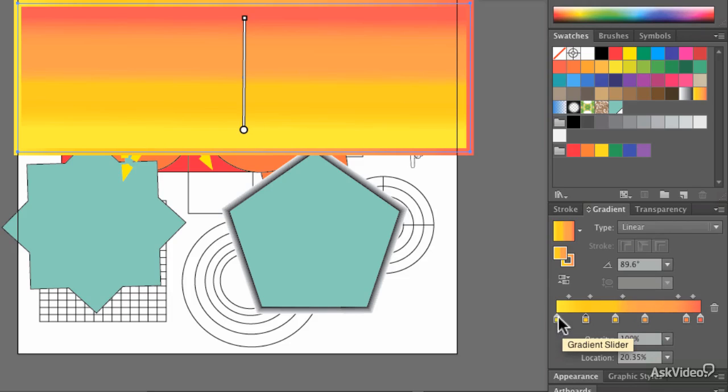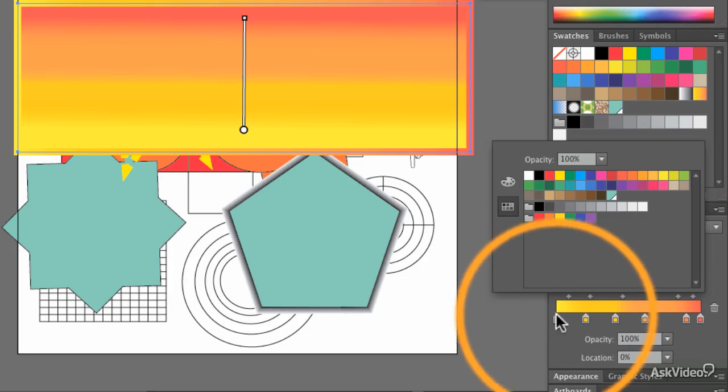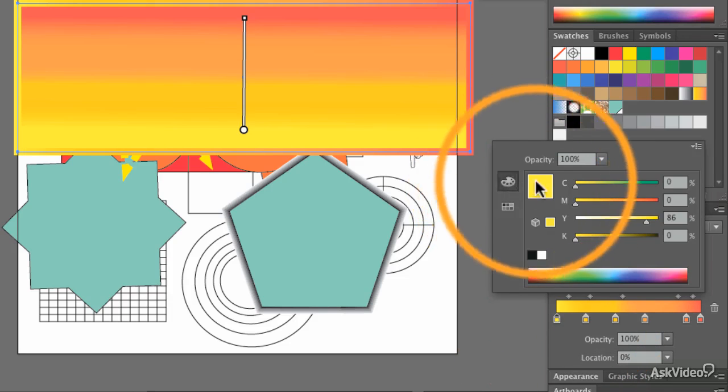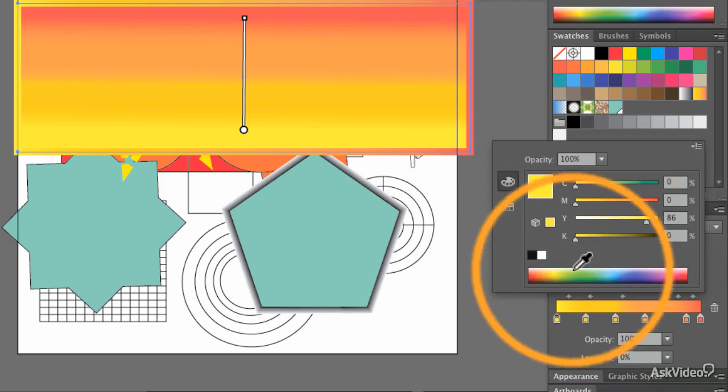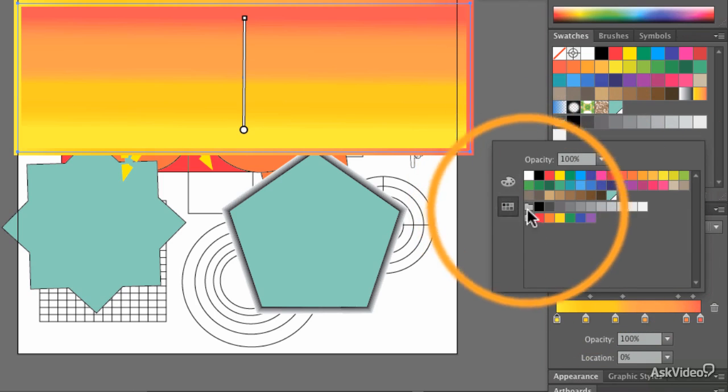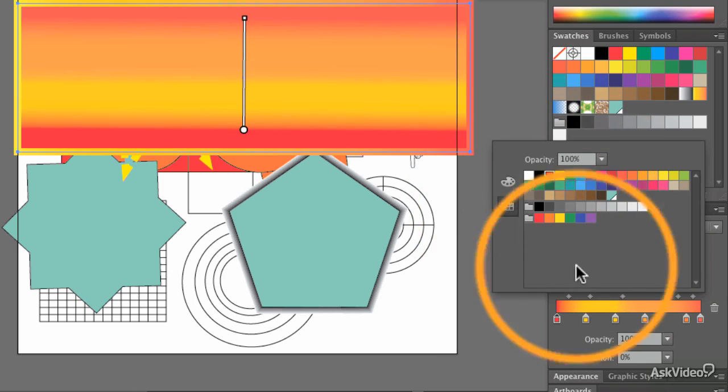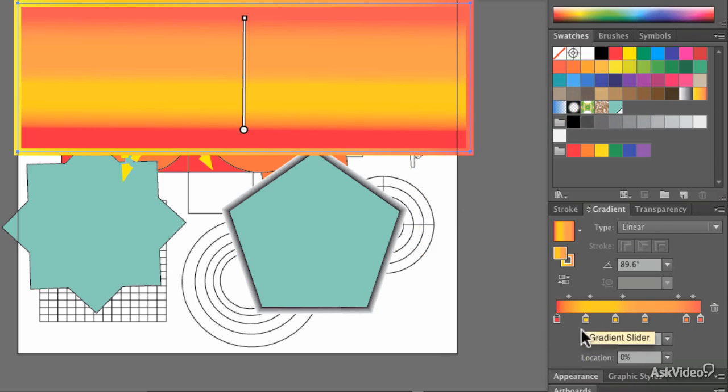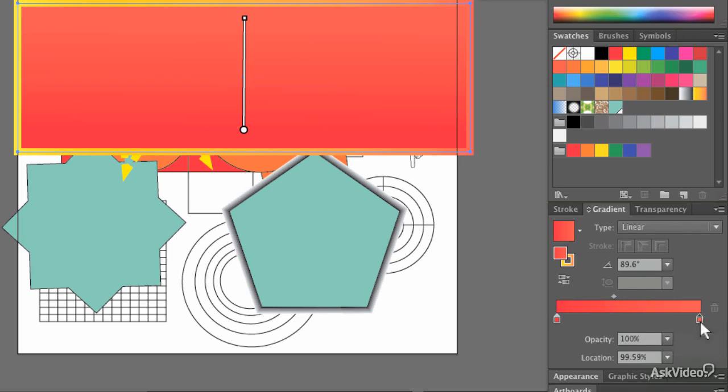One of my favorite tricks for a gradient is to make a rainbow. So I'm going to click here, by double clicking, and I can choose either the CMYK sliders with a spectrum or the swatch. So I'm going to pick a red to start with, and I'm going to throw away a lot of these other color pots just by dragging them down and out. Now I have to have two color pots in here, so I'm going to drag this one back to here,